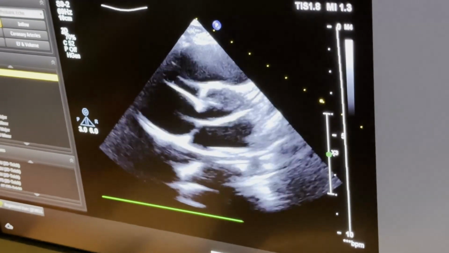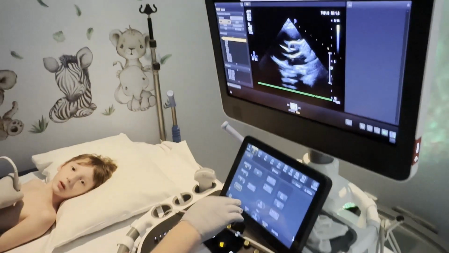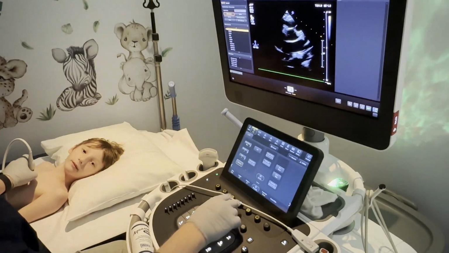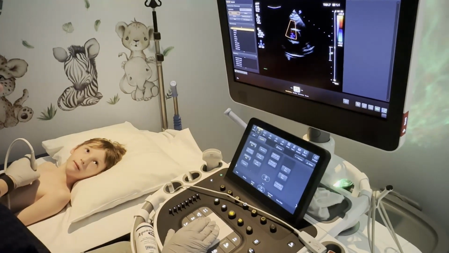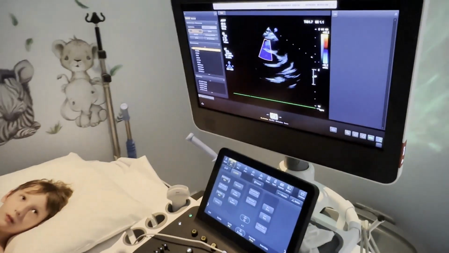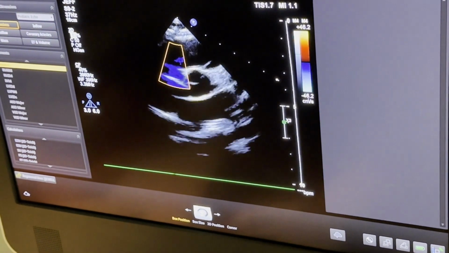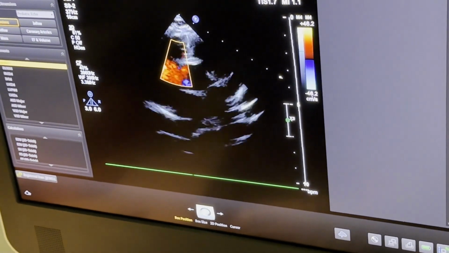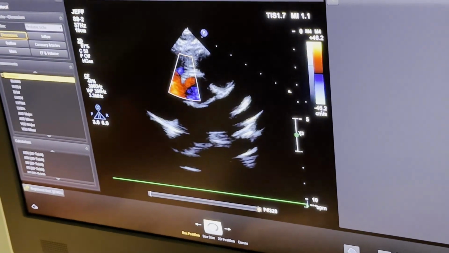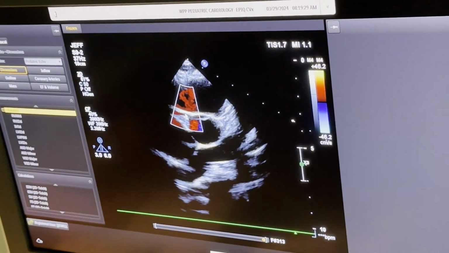So, key things, you can adjust your compress here, you can adjust your overall 2D gain, and that's especially important when you try to put color on in here, because if you have higher gain on here, you start losing your color. So if you take that gain off, you can really start highlighting when you get color into that coronary artery. And getting color in there is very important,